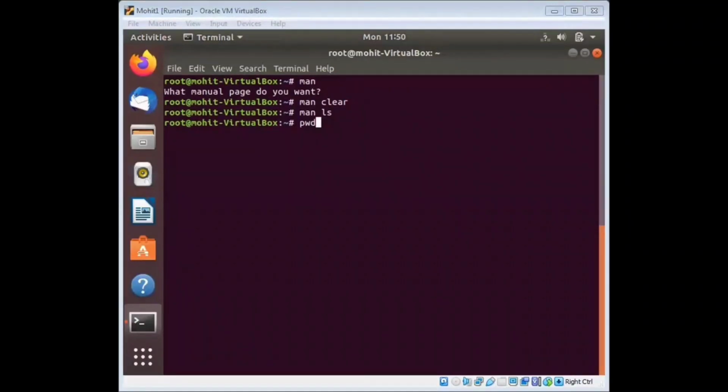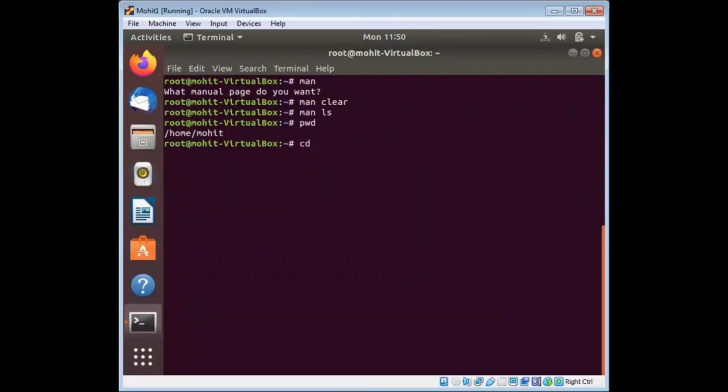The syntax of pwd is just pwd. Just press enter. pwd means present working directory. So my present working directory is home and Mohit. This is my present working directory.